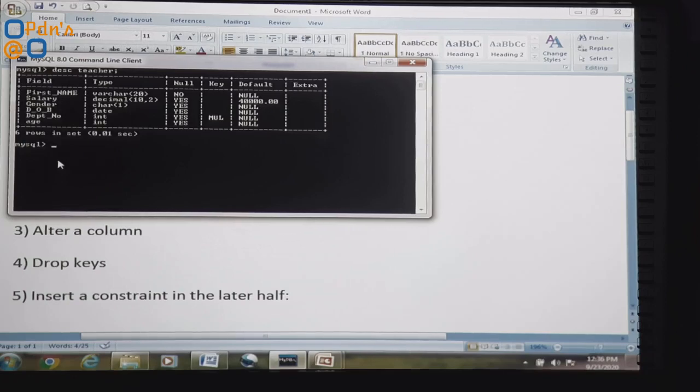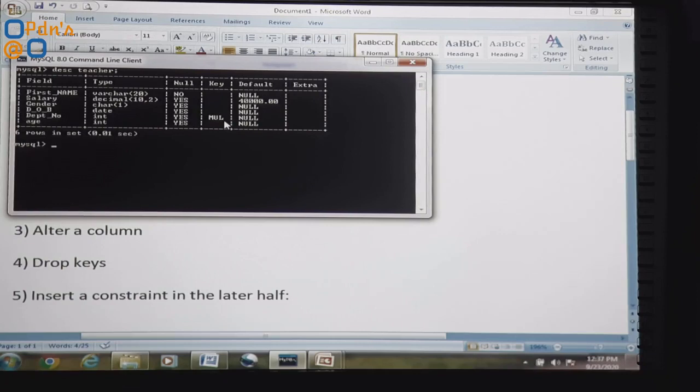Under the school database, we entered inside the teacher relation. This teacher relation consisted of 6 attributes with 3 kinds of restrictions in here. First is the not null restriction, followed by first name having a not null restriction, followed by salary, which has been set with a default constant, and department number has been declared as a foreign key, which references some other field in the department relation inside the school database.